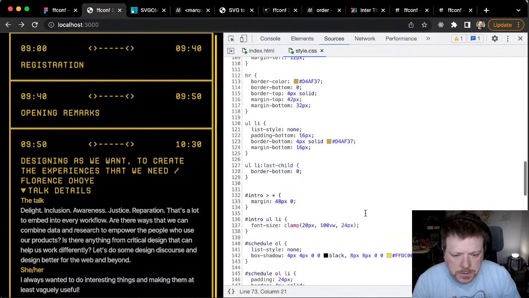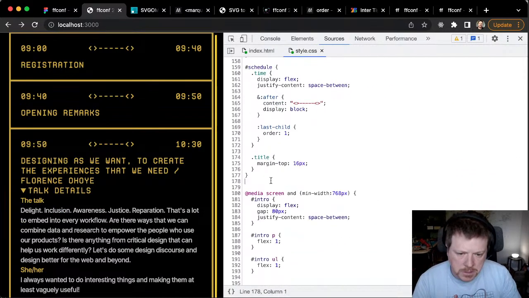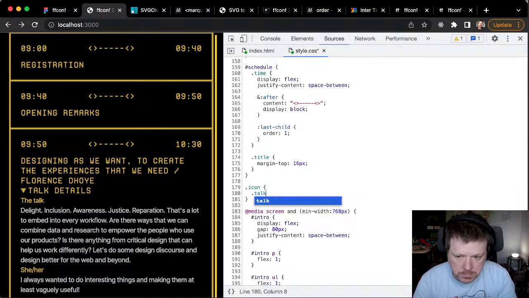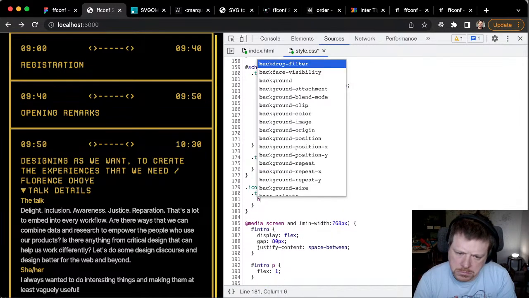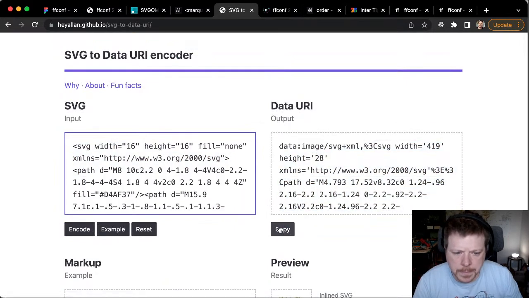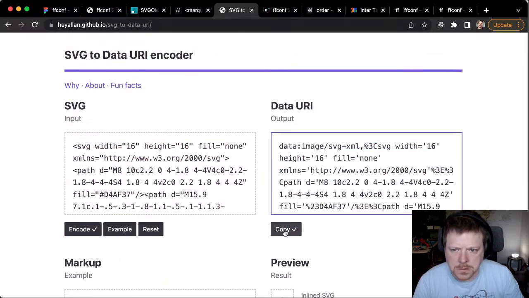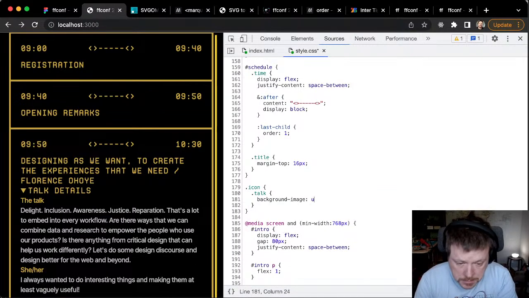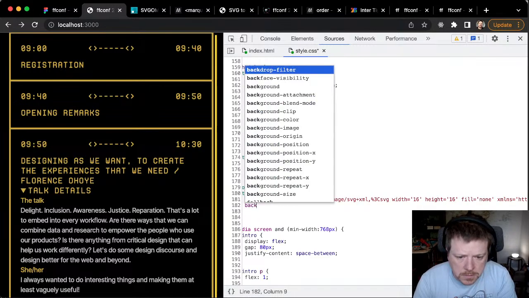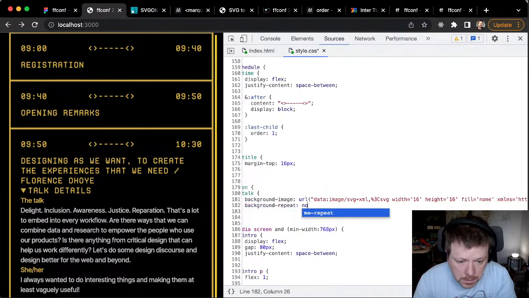I'll put it before my media query. So icon. Dot. Oh no, I can do that, can't I? Talk. No, title talk. Background image. Oh, I need to convert it. I think I've still got it in my tab. There you go. Code. Copy. Background image URL. And it needs to be in double quotes. There you go. Background repeat no-repeat,